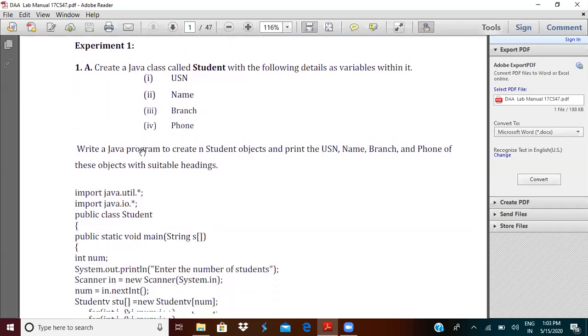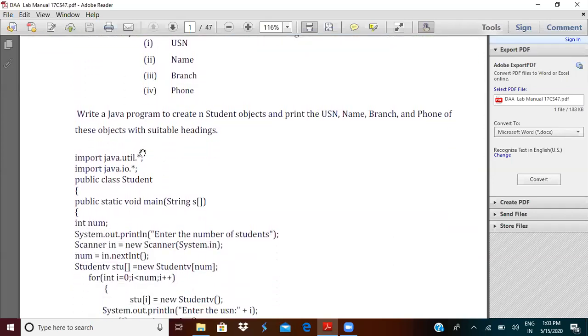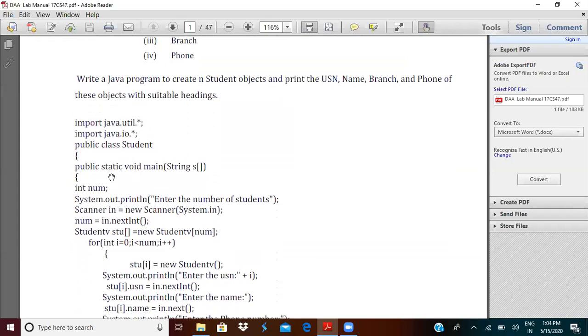The execution of a Java program always starts from the main method, public static void main String args. We have declared an integer variable num within the main method, and System.out.println prints "enter the number of students". It is going to ask for the number of students to be entered.